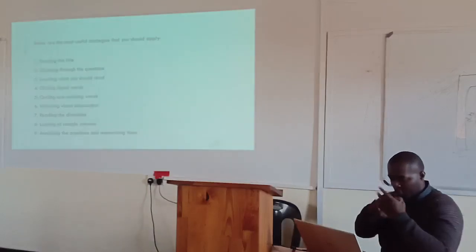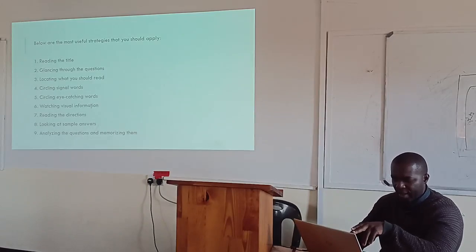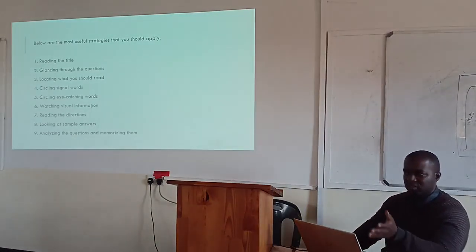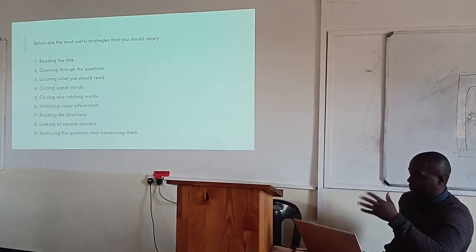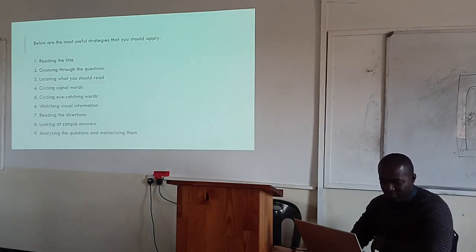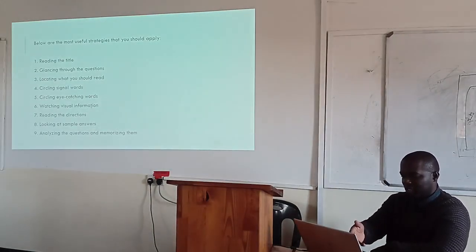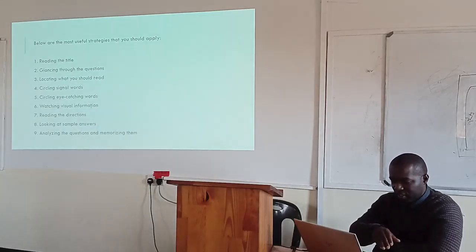So this one you could be doing skimming, because it's just what you want to read. Maybe if you have got specific details, then you are going to choose. After that, you'll be circling,